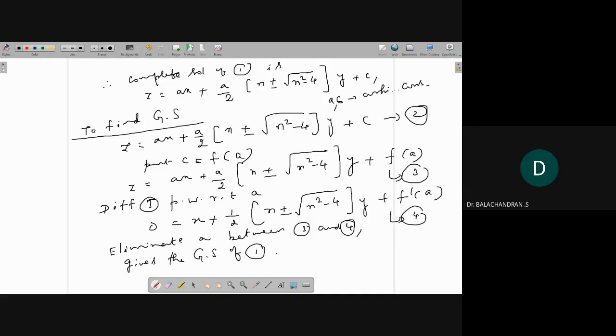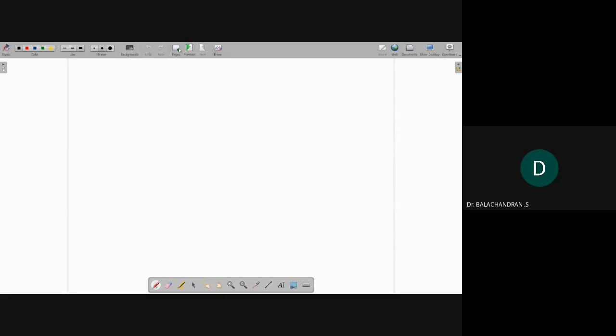So we know that type 1, that is a function of p comma q, doesn't have a singular solution, but we need to show it. Okay. So first again, complete solution, you should write it. To find a singular solution (SS means singular solution), the complete solution of equation 1 is